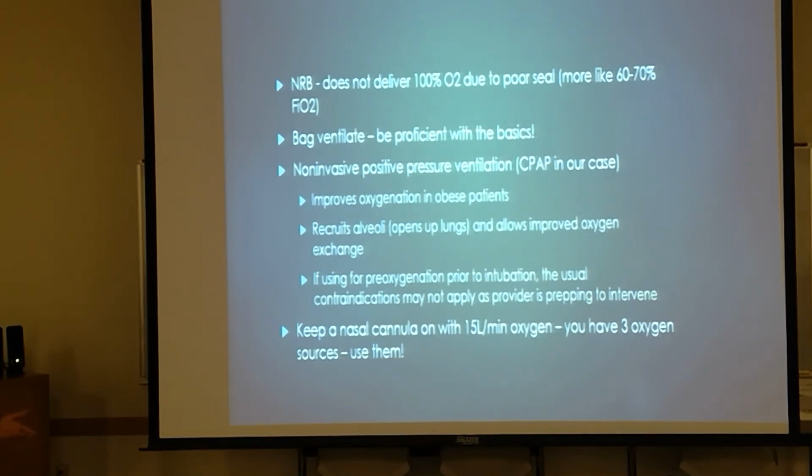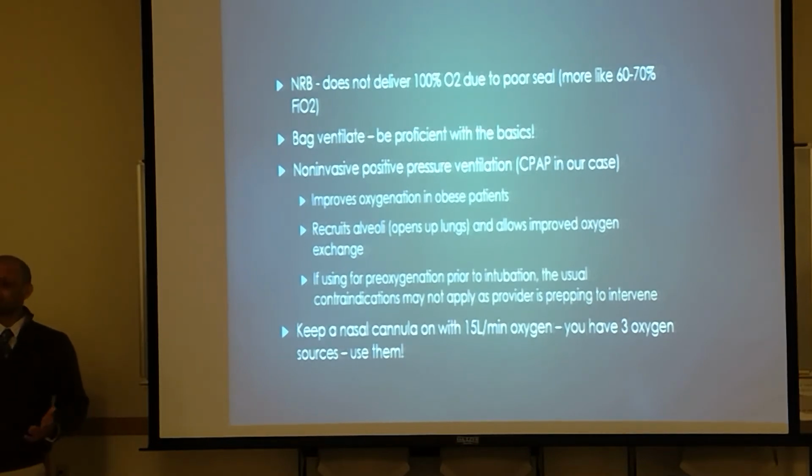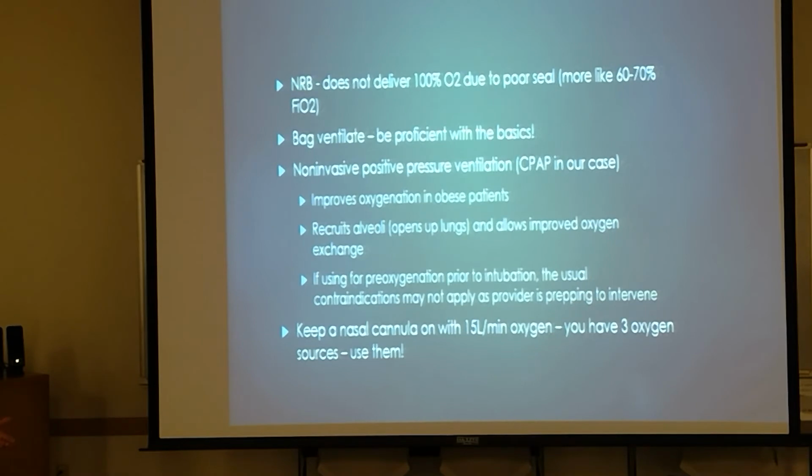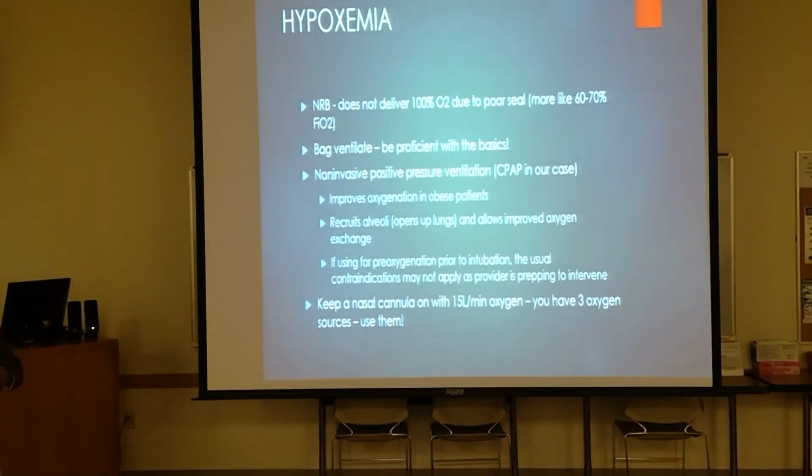The other thing, how many oxygen sources do we have in our ambulances? Three, right? So use them. Hook the patient up to a nasal cannula, turn it high flow, 15 liters, and put them on a nasal cannula while you're doing all this other stuff. Who says you can't have more than one oxygen source on the patient? Okay? This patient is hypoxic, 75% O2 sats. This patient needs oxygen. Put the nasal cannula on them, and that's passive oxygen. And then you can bag them, you can put them on the CPAP, you can put on a non-rebreather, you can do